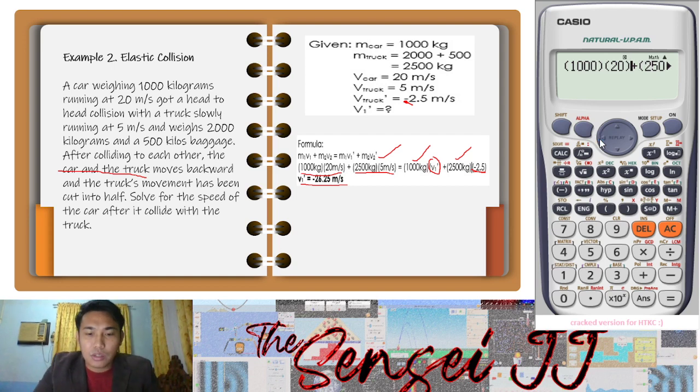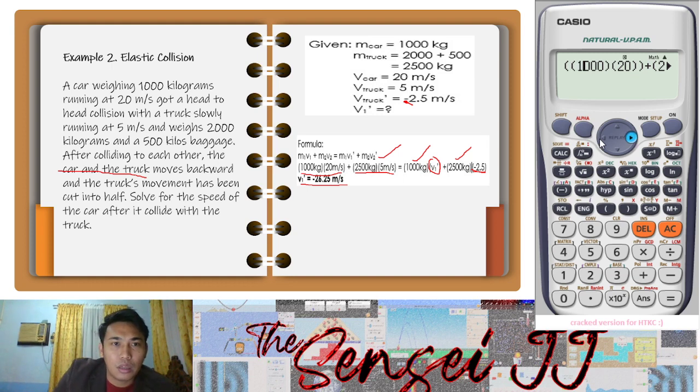Okay, so let's try this one. Am I wrong? Is there anything wrong I did? So it's 1,000 times 20, and we have 2,500